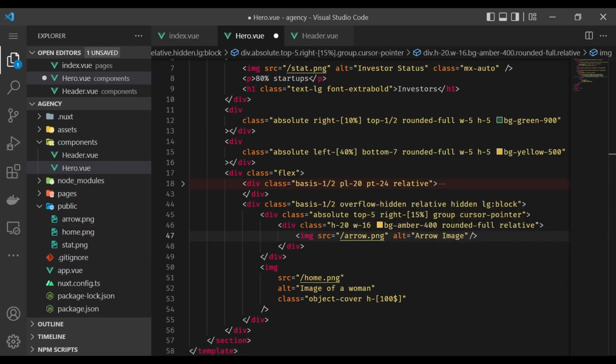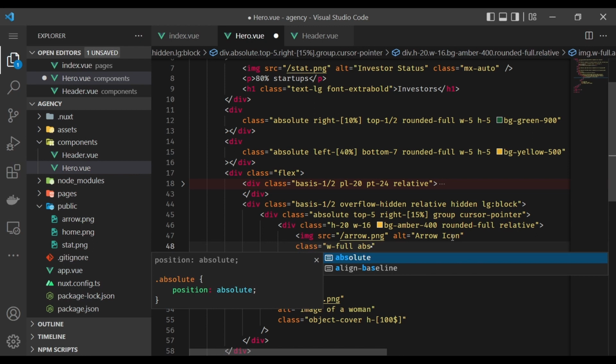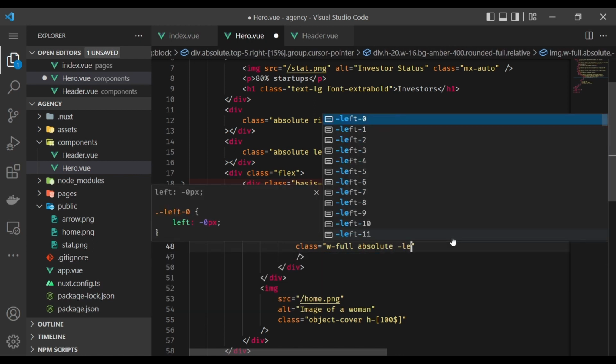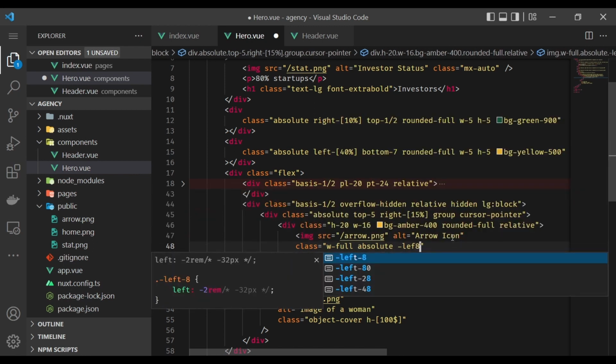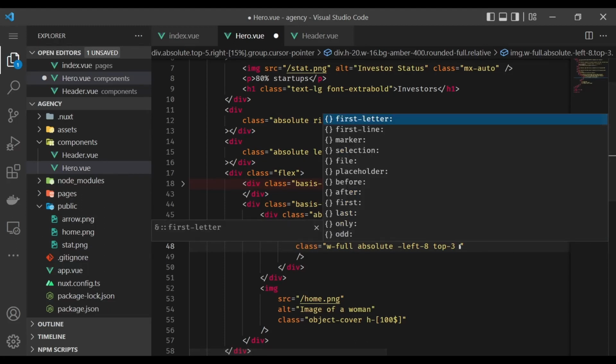It's going to be an arrow image, or icon rather, because it's representing an icon. And the class on this image will be width of full. It's going to be absolutely positioned. Negative left 8, top of 3, and then